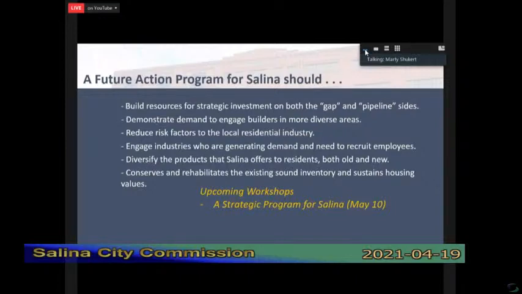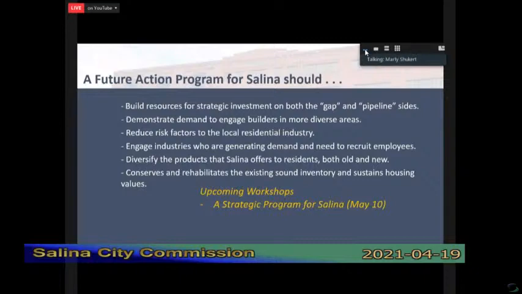How do we put the tools together to address the risk that really tends to discourage housing production or create disincentives for it? How do we get our industries involved? How do we provide more diverse products? How do we deal with the gap, the financing gap that can make it very tough to build at least today's construction costs?